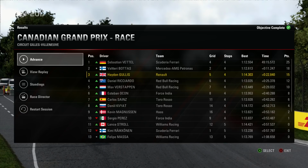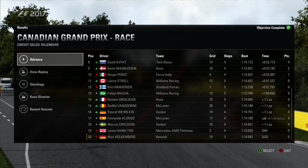Disappointing for him, with Kimi Raikkonen making his way up into P12, so that was pretty decent from him to make his way back up into P12. But unfortunately, that error at the start of the race when the two of us went side by side really cost him. And unfortunately, it's no points scored there for the Ferrari man, with Felipe Massa in 13th. And looking further down the field, we have Romain Grosjean in P14, Stoffel Vandoorne in 15th, Pascal Wehrlein 16th, then